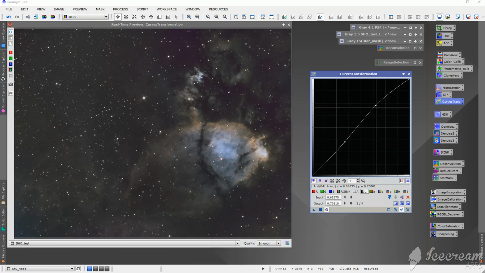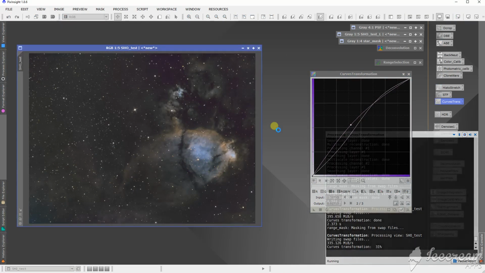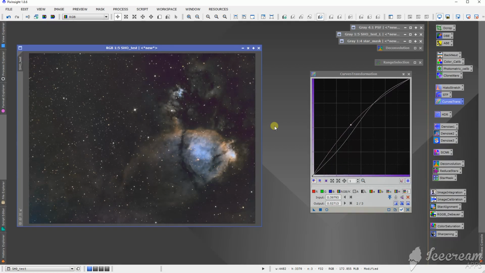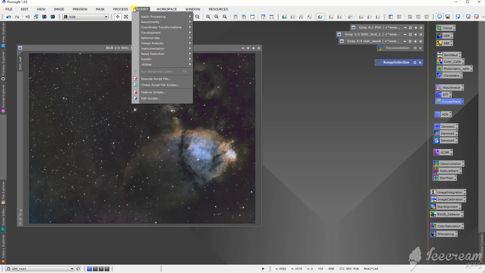Let's brighten up that interior. You don't want to blow it out though. There's a lot of really tenuous detail in there. And then we'll hit it with some more saturation. That looks good. Let's apply that. Yeah, there we go. It's really starting to come out. So now I want to do one of the last things,